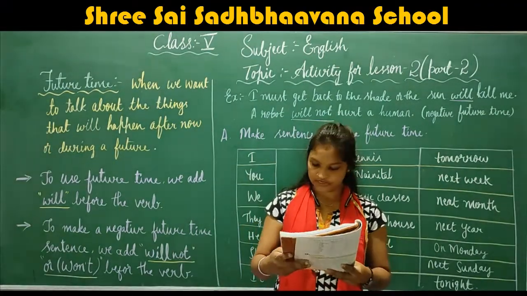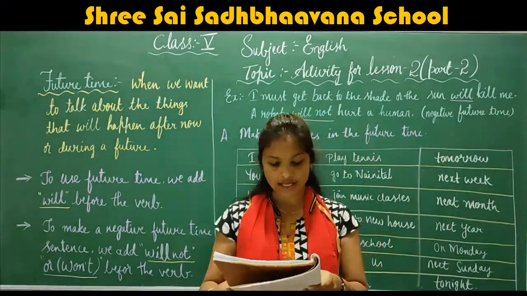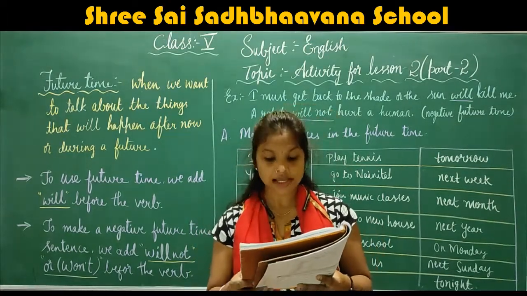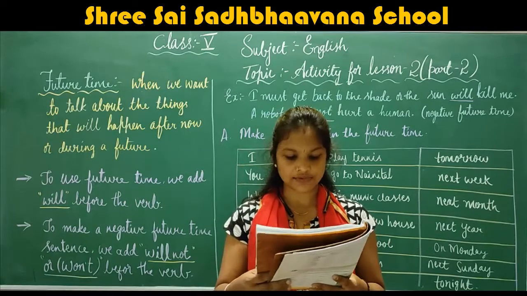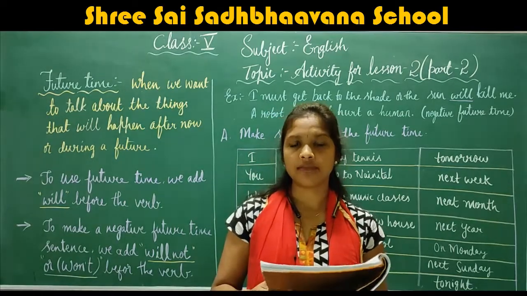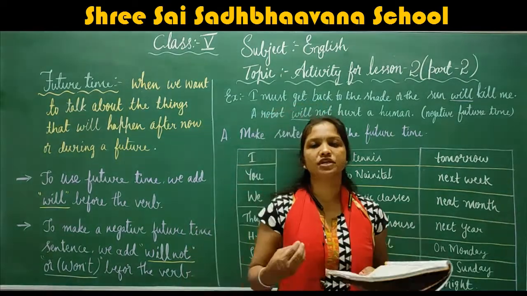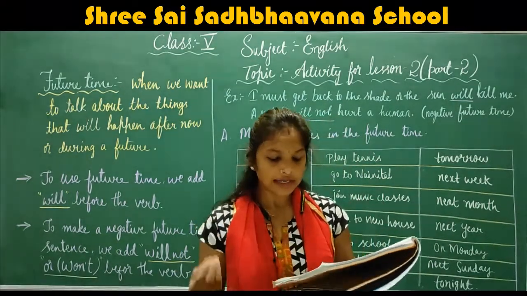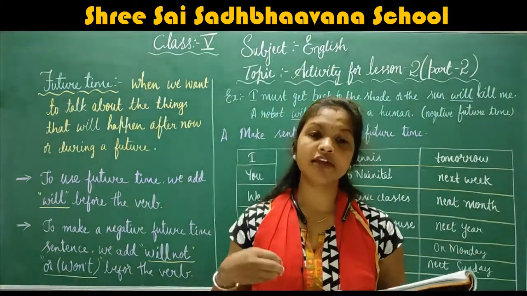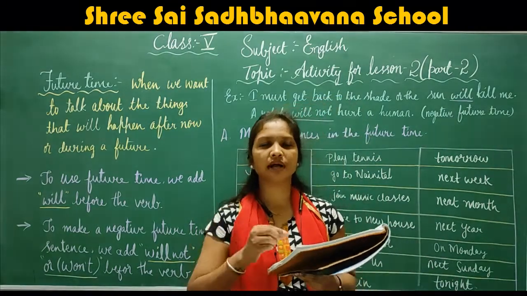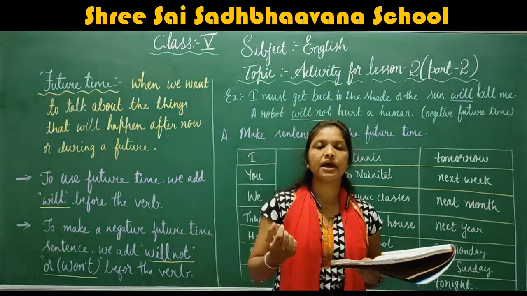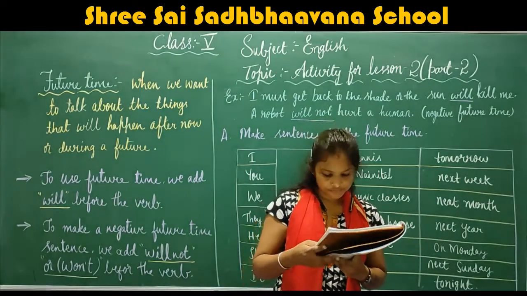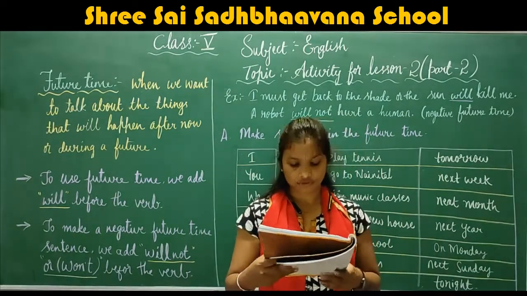In page number 29, the last exercise. Read the passage given below. The passage has some verbs in past tense when they should be in future time. The word has to be in future time, but in the textbook they have given it in past tense form. So underline these verbs and give their future time form. You have to identify the past tense verb and make them into future time form. One has been done for you.